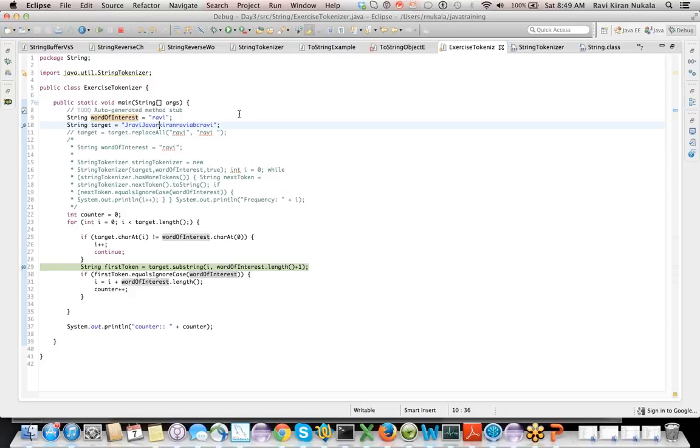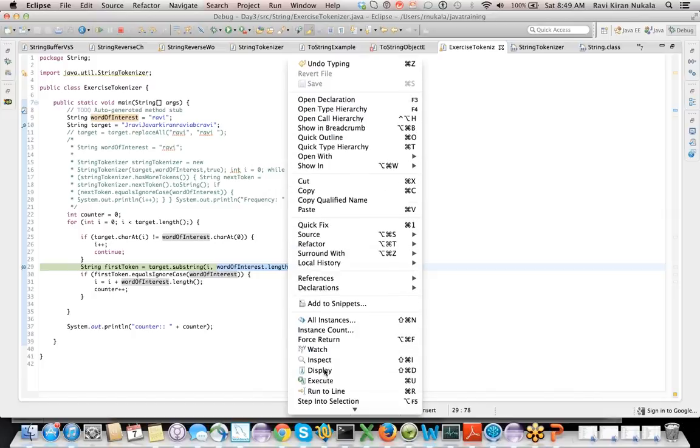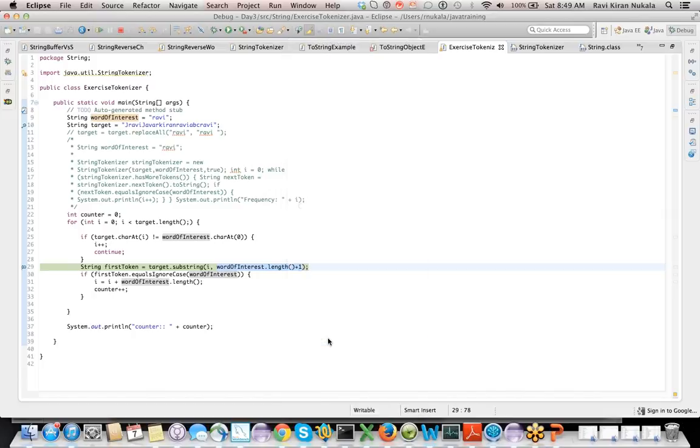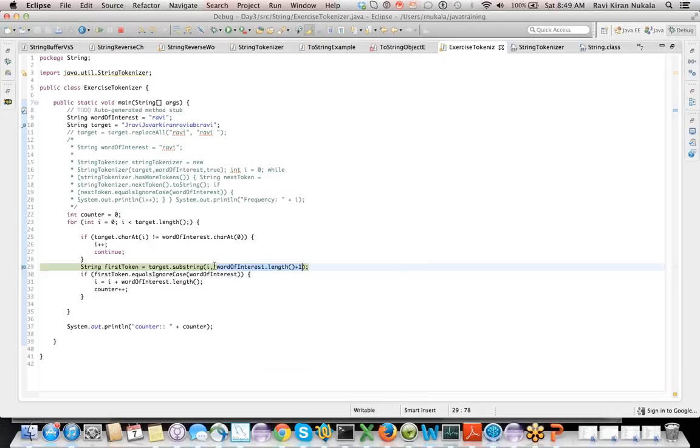Let's say here it is saying like 9, right? Okay, I is 9 here. 1, 2, 3, 4. 9 and word of interest is what? This one, 4. So word dot length is becoming 5.